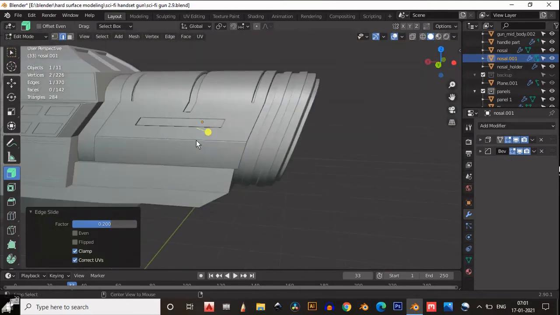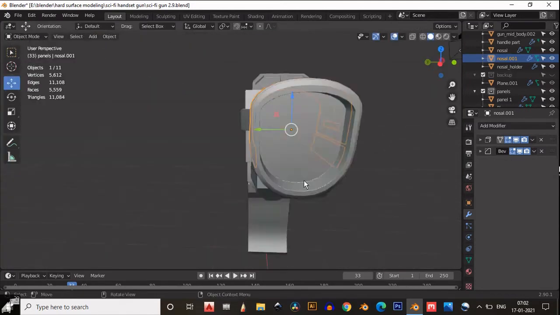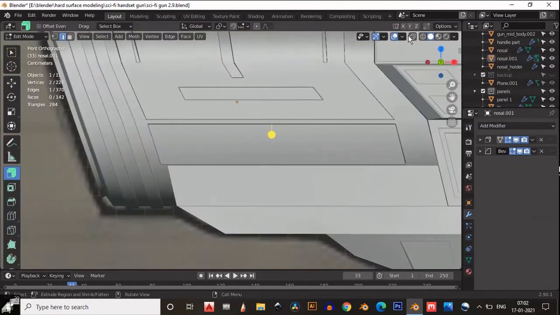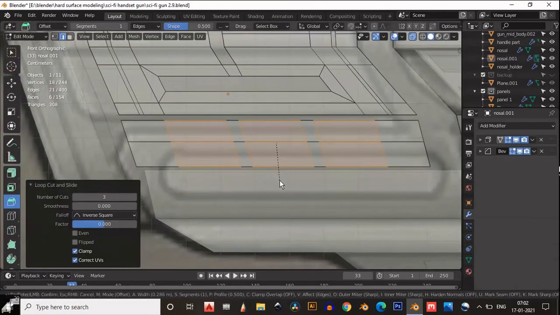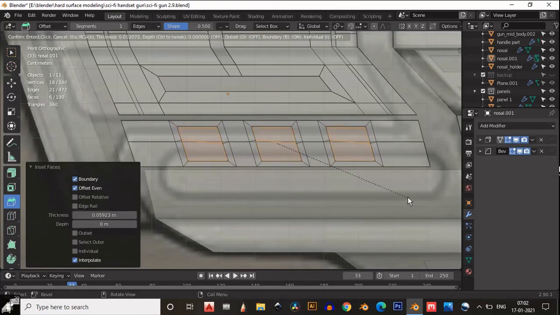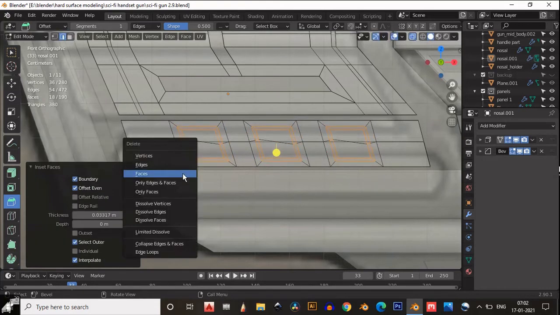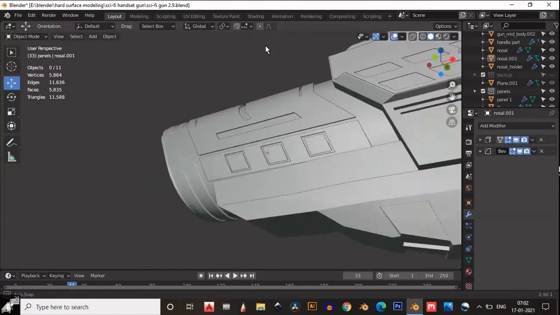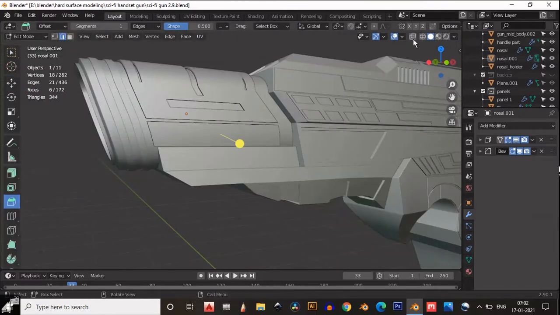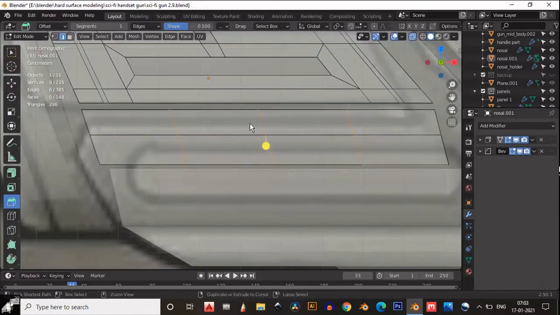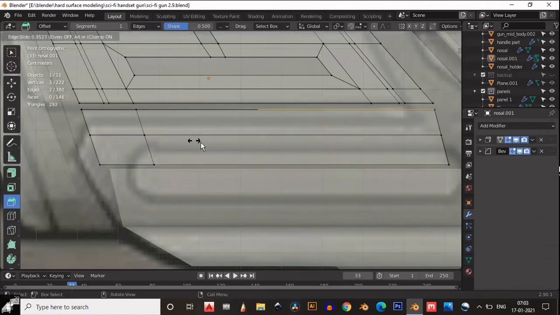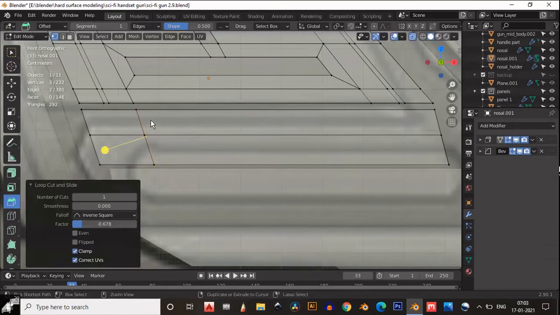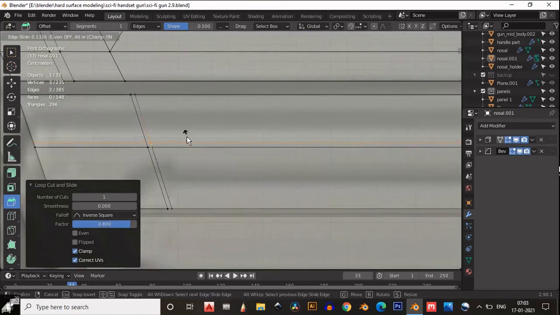Then slide this edge, select the edge and press G, double tap G, and then you just need to move your edge. Then add a loop cut, then add a bevel on this loop cut, then select the faces and then inset these faces, and you can create such kinds of designs if you want. So try to keep the design as simple as possible because simple things look pretty good.